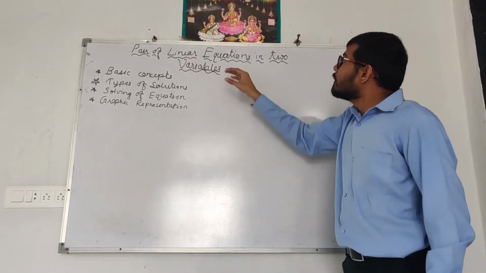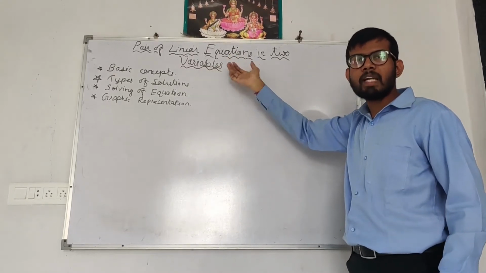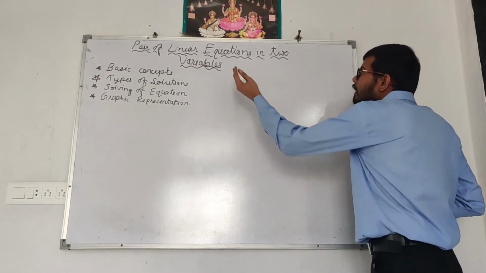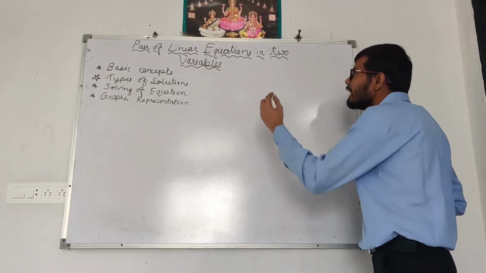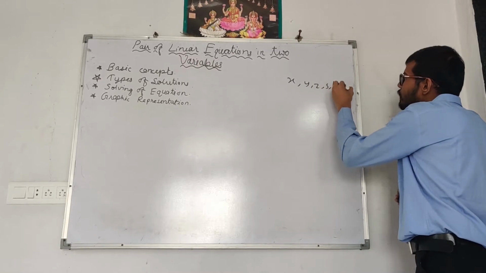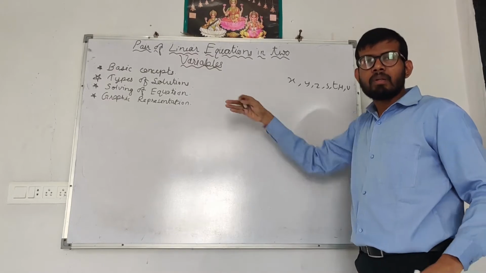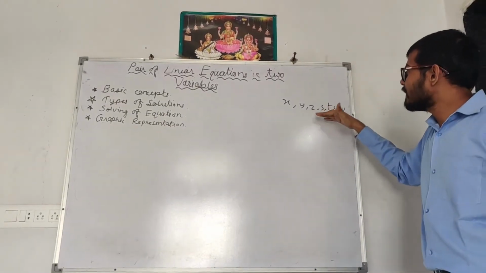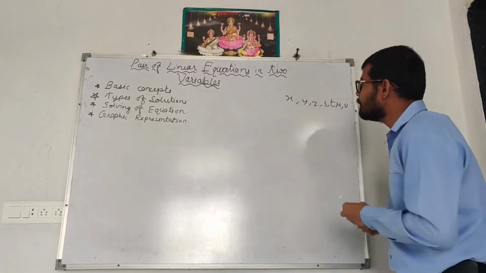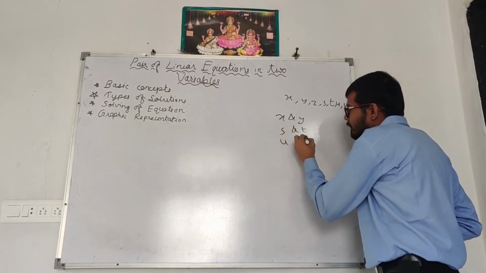Okay, so let's begin. First thing that comes to our mind from this topic is variables. What are variables? Variables are those which change their value with conditions, such as the age of someone, that is, let the age of someone be x. So x, y, z, s, t, u, v, these are all variables. These values change. Now in this chapter there will be two variables: either x and y, s and t, or u and v.